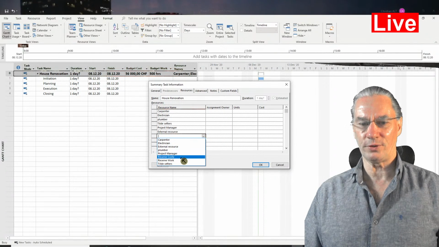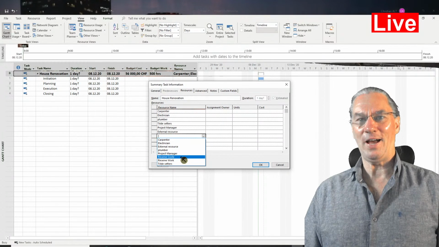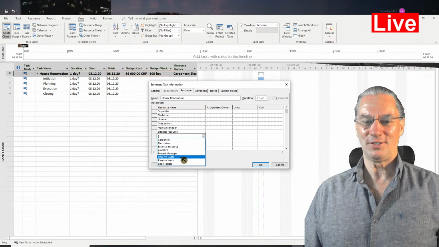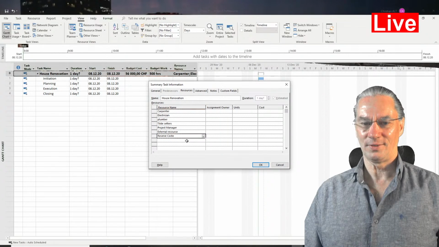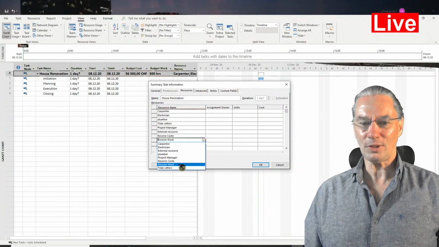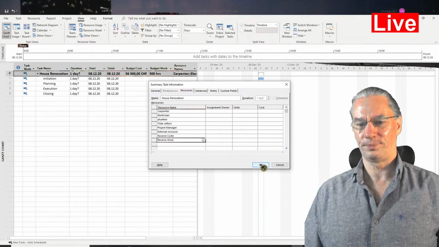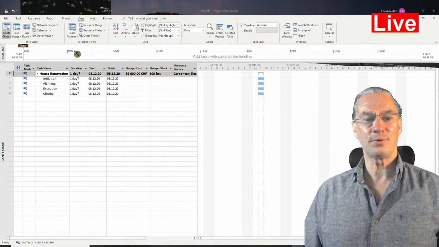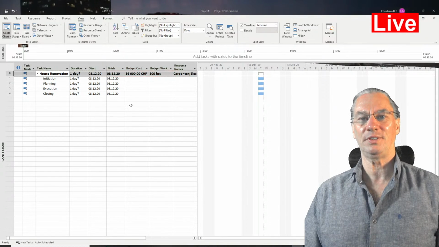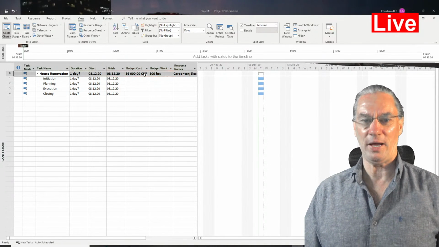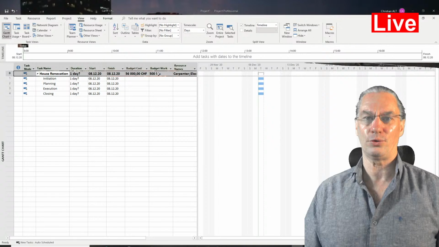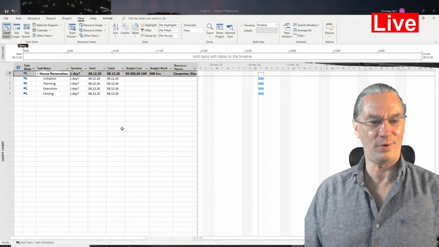I have those resources that are not defined at the moment, and I'm going to add them. So I'm adding the cost reserve, and I'm adding the work reserve. For this, we see that for the moment nothing changed. The budget is as before, the budget work is also as before.